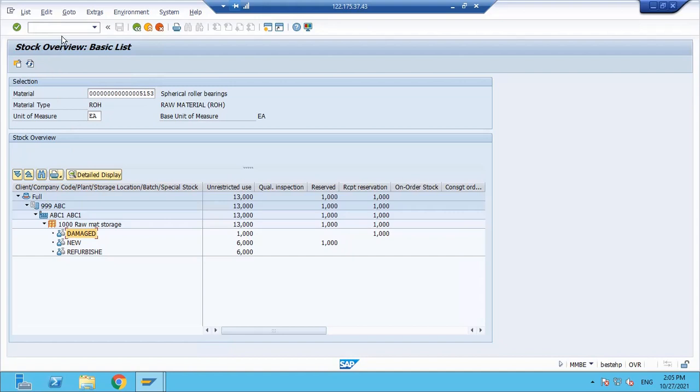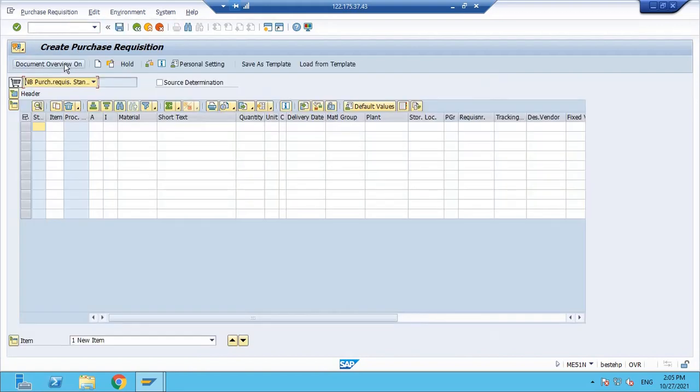In the first case, we will directly do the external refurbishment without any order reference. So I'm just creating a purchase requisition, since this is without any order reference.